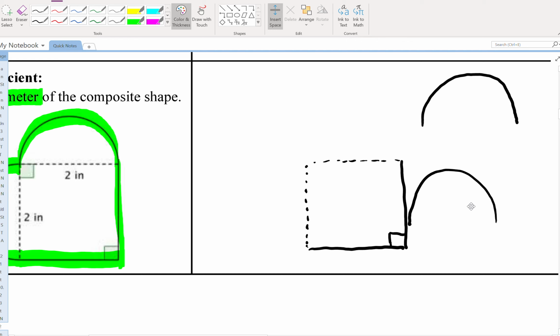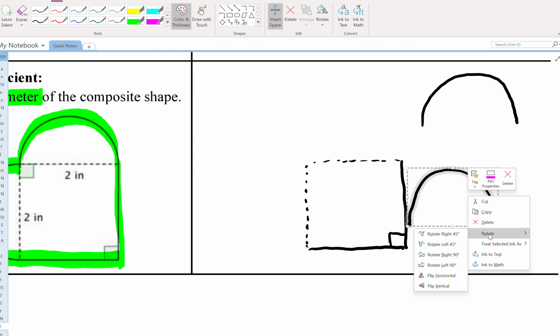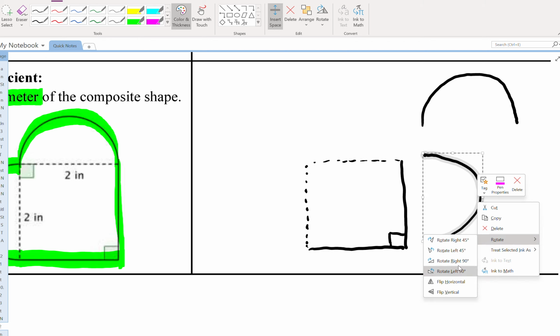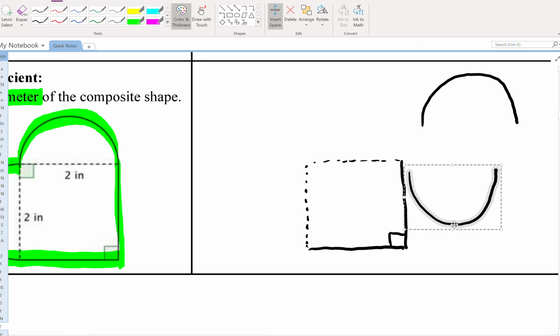Let's rotate it the other way. One more time. Then I could just take that and put it right next to the other,